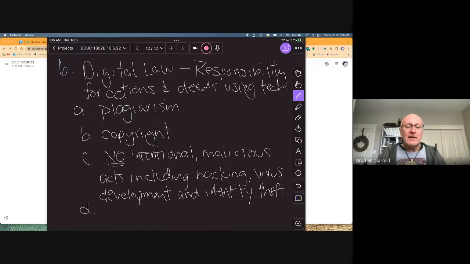So that's what we're getting at. Even to get on the network at Red Deer Polytechnic, you click the user agreement when you first logged on, and in that user agreement, you probably didn't read it, but maybe you did. It almost says exactly what I just wrote down, that you're not going to try and hack the network and access grades, or intentionally put a virus into the network and things like that. And again, a lot of us are going, yeah, I would never do that, Brad. But obviously, you're clicking agree because people have tried that kind of stuff before, right?